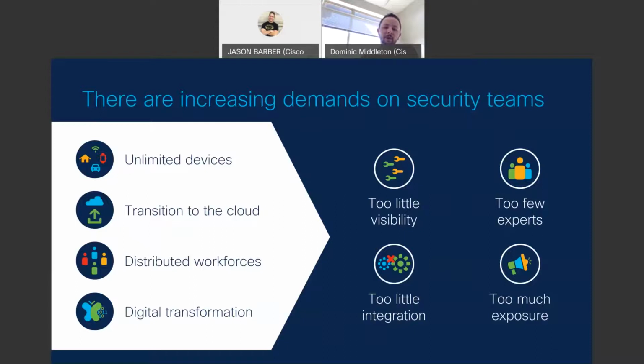But what we're really trying to do with all this is mitigate as many risks as possible and reduce as many variables as possible. So with unlimited devices, I am now in a post-COVID world. I'm sitting here in my kitchen at my table. I am not behind the corporate firewall. And there's a ton of devices in my house here. On top of my work laptop, I have my iPhone, which I do a lot of work off of.